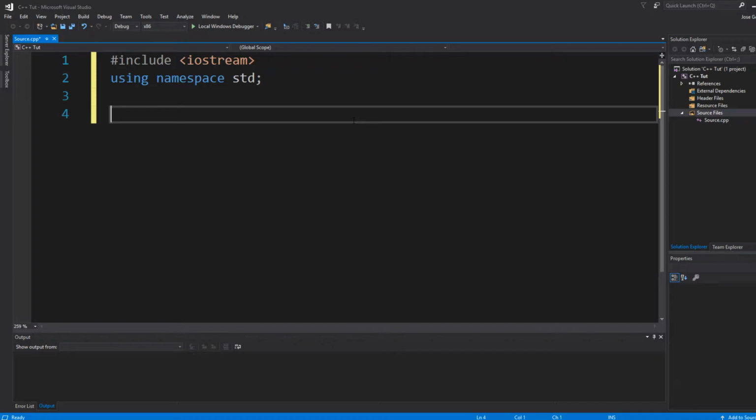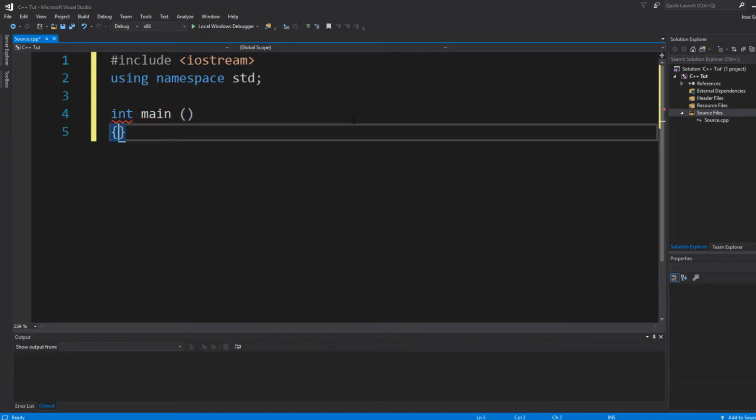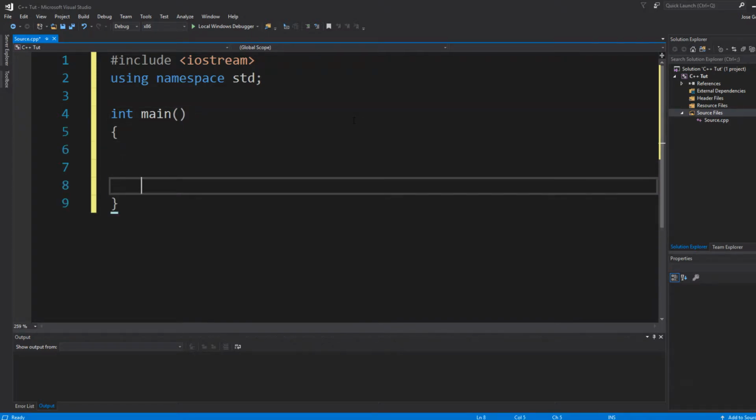Once you're started, now you're going to want to create your main function. So int main, open parentheses, brackets, and on the bottom you're going to want to put return 0,